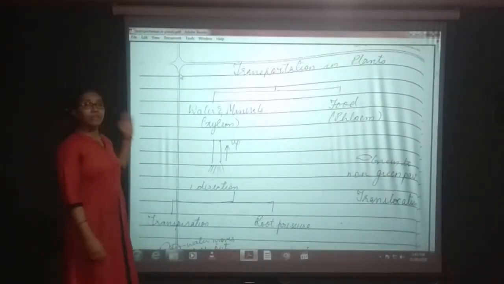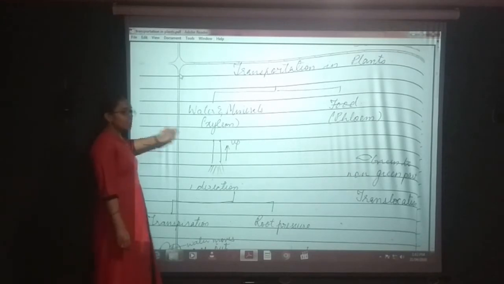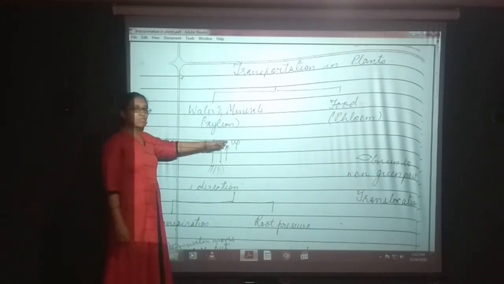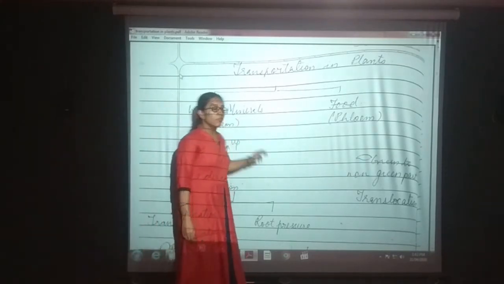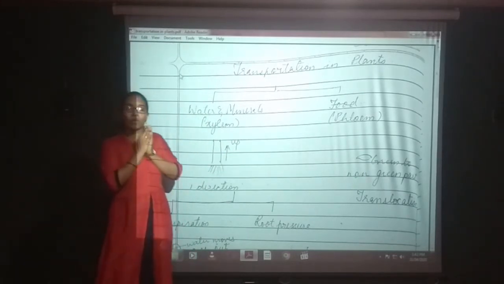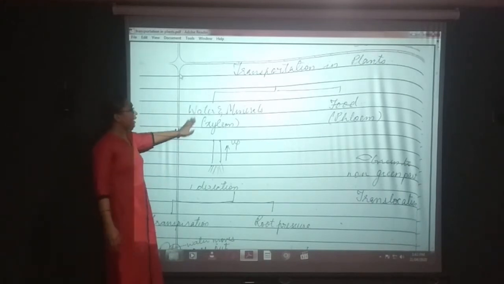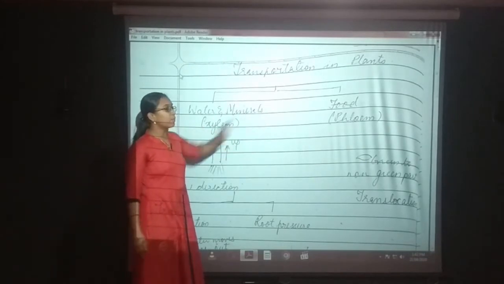Next is transportation in plants. Transportation in plants involves the transportation of food, water and minerals. We have already discussed in 9th standard how plants transport water and how plants transport food. Plants transport water with the help of the tissue xylem, and food is transported with the help of the tissue